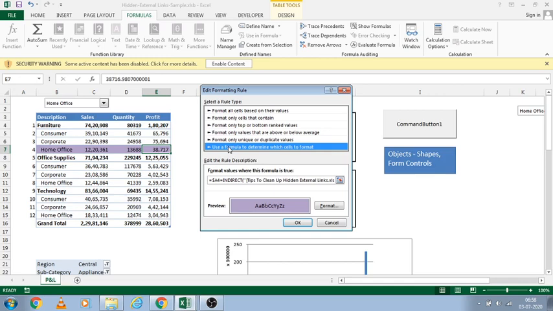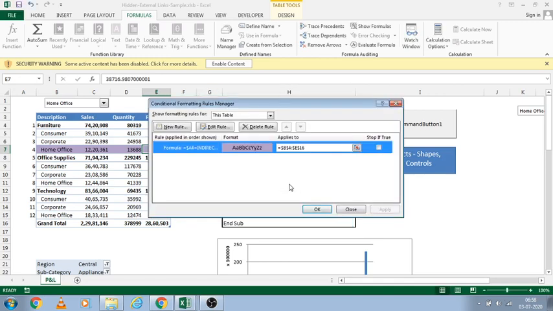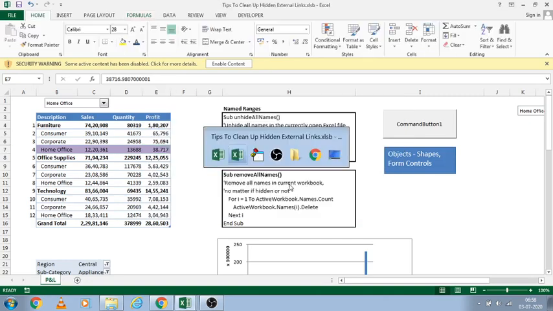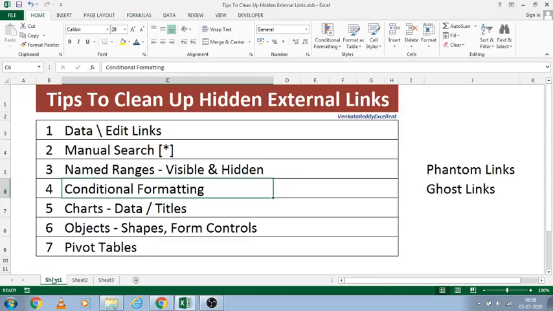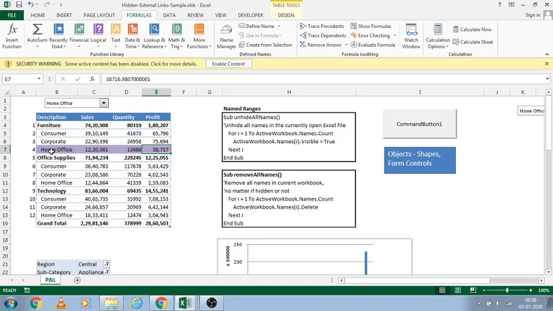By using this custom formula, I have given: if A4, this first column, is equal to INDIRECT, and I have given the links to Sheet1, B6 in the other file. So if it is 4, I have given a different custom format.